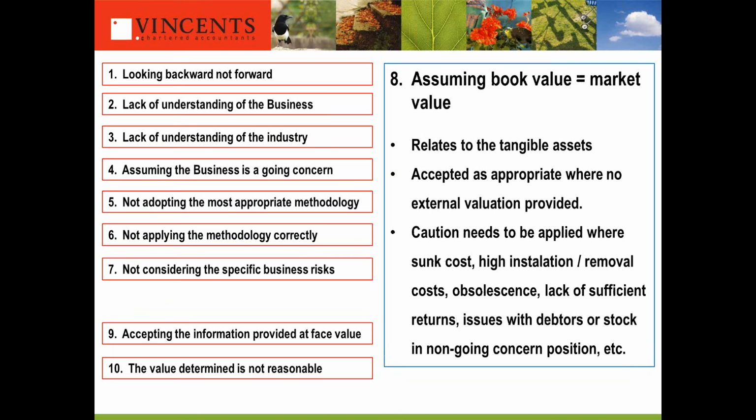On the home stretch now, point 8, assuming the book value is the market value. So this relates to the tangible assets. When you're trying to work out if there's any goodwill, you have to work out whether the value of the business as a multiple of its earnings is greater than the assets and liabilities needed to operate the business. So when you're doing that, as I mentioned the example before where you look at work in progress and debtors